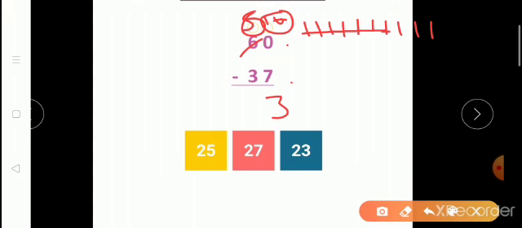Now, second step, we have to subtract the digit at tens place. Now, students, what will we do? We will subtract the digit at tens place. Now, tens place, 5 tens and 3 tens. So we have to subtract 3 tens from 5 tens. 1, 2, 3, 4, 5. We have to subtract 3. How many lines are left? 2. So we will write 2 in the tens column. So students, when we subtract 37 from 60, our answer is 23. Very good all of you.